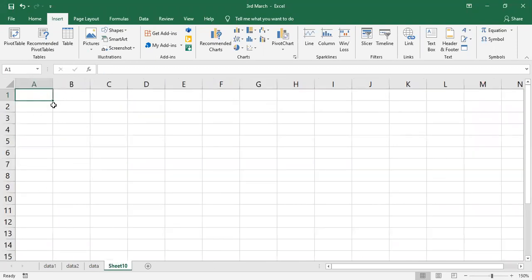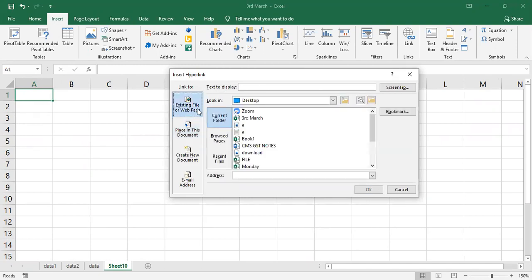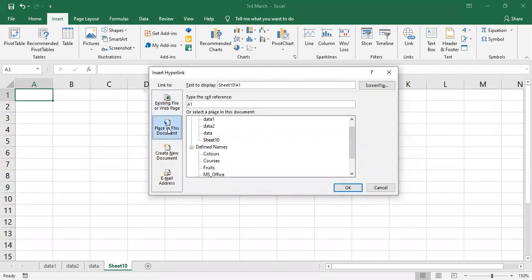Here I'm using Control K, the shortcut key of hyperlink. Now I want to create a link within the workbook only, so I need to select Place in This Document. If you are creating a link within the workbook only, you have to select Place in This Document.